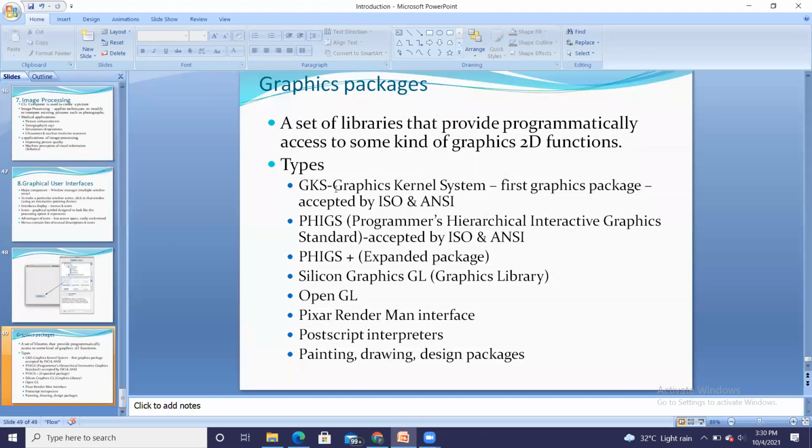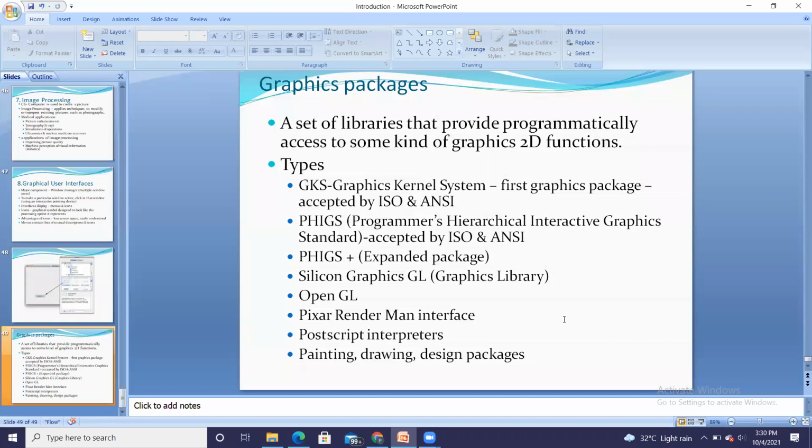Whatever we have studied right now, that graphical user interface and all, these are the different graphics packages we will be using for different applications. Depending upon our application, we are going to select the appropriate graphics package. So that is about the second point of the syllabus, applications of computer graphics, that we have seen.